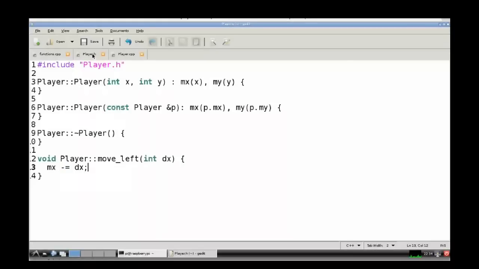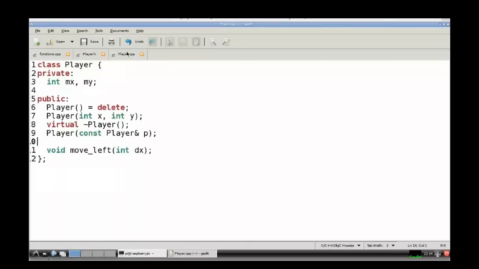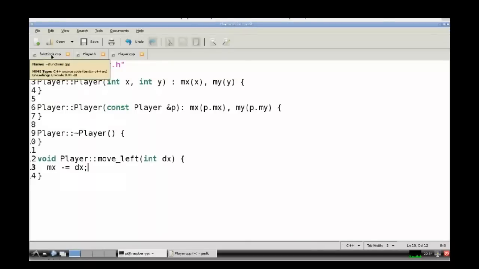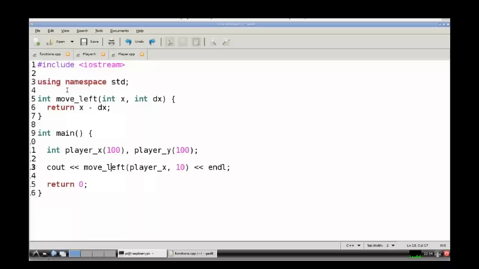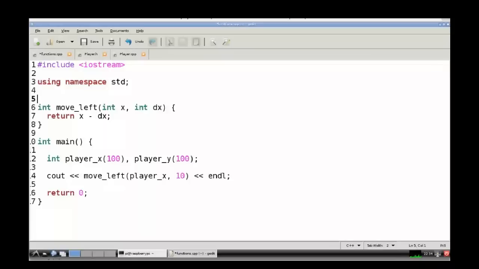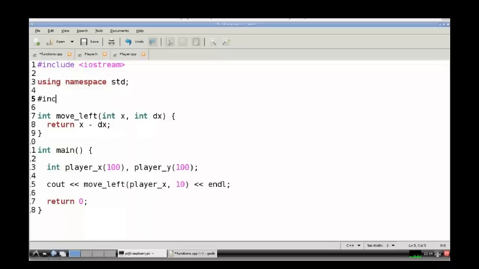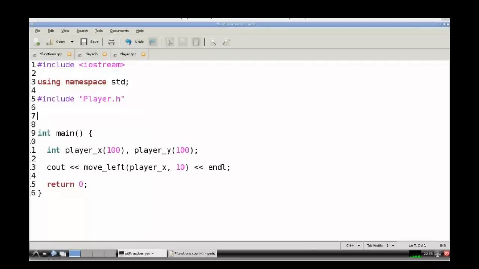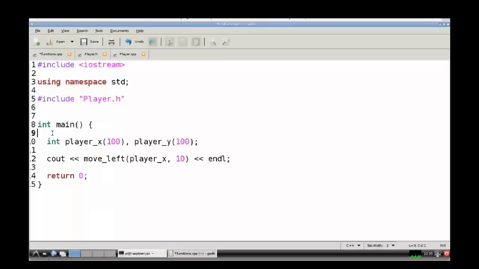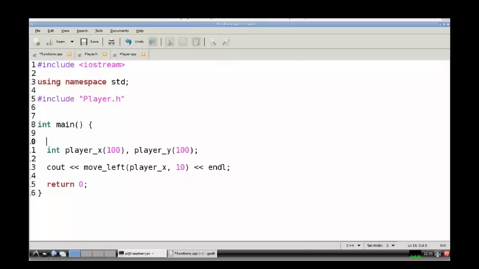So we've defined a player.h, a Player class, we've implemented the Player class, and we want to now know how to actually call that Player class and ideally remove an awful lot of code from our main line. Well, in order to use this, I want to include player.h. So please pull in the definition of this class. I'm going to remove this move left function now because it's going to be unnecessary. And rather than declaring the player and representing it as two ints, I can now represent a player as a